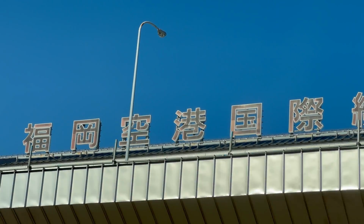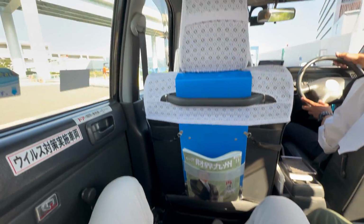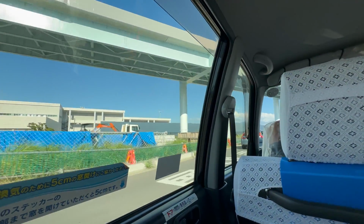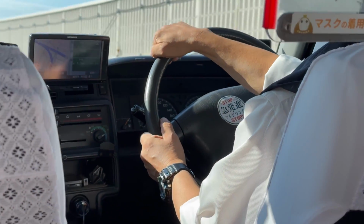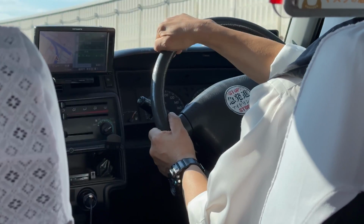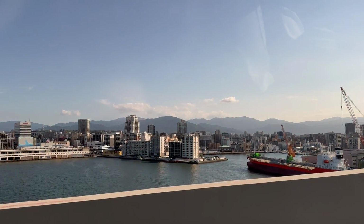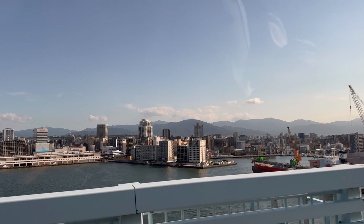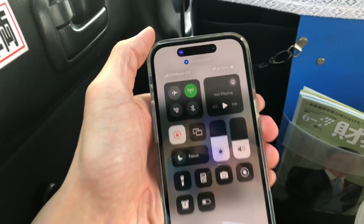We're now gonna catch a taxi to our hotel, Hilton Fukuoka Seahawk. We're now slowly approaching Hilton, and I just want to show you that my Saily eSIM does in fact